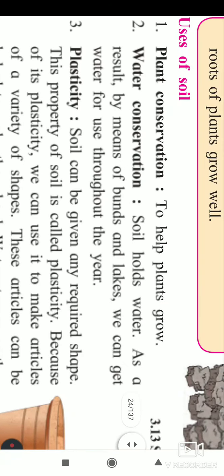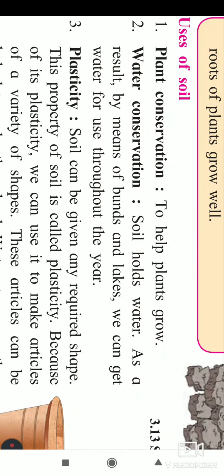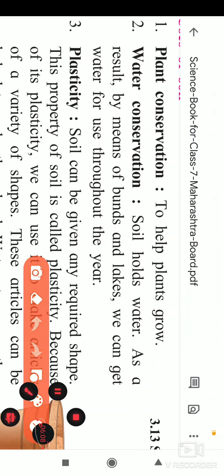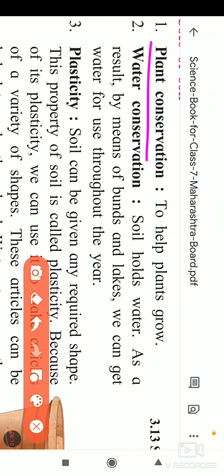But if we use aluminium and other utensils for cooking food, it spreads different diseases like cancer. So now people are attracted towards earthen pots for the preparation of food. With this use, as you know, regarding plant conservation, we are totally dependent, directly or indirectly, upon plants for our food.